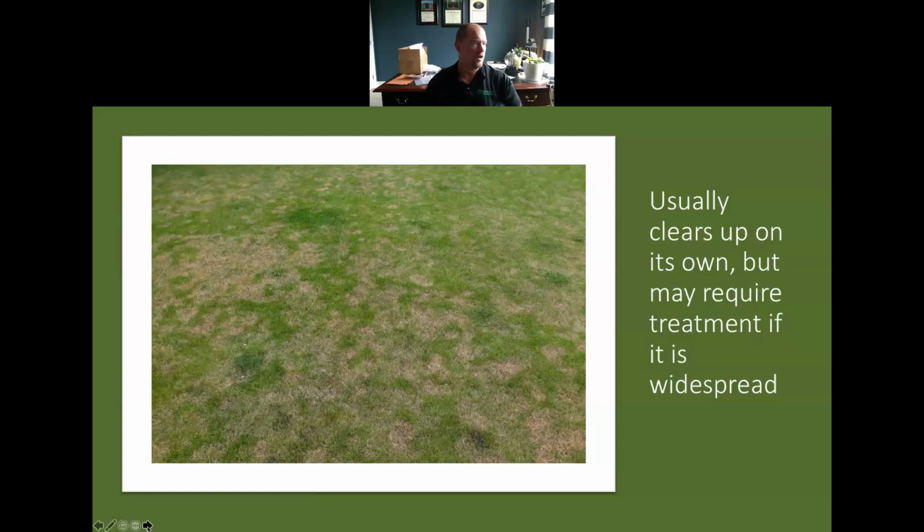It's the 21st of April, 22nd of April, 2021. We got actually 4 inches of snow last night and yesterday. So we had a cold snap here. Obviously, cold temperatures like that are going to slow down or stop that growth of the turf. And obviously, if it's overcast, cooler weather, and we got some moisture there to work with from the snow, there's a possibility in the next week or two we'll probably see some red thread cropping up. So again, once temperatures warm up and fertility kicks in, the grass starts growing again, it usually clears up on